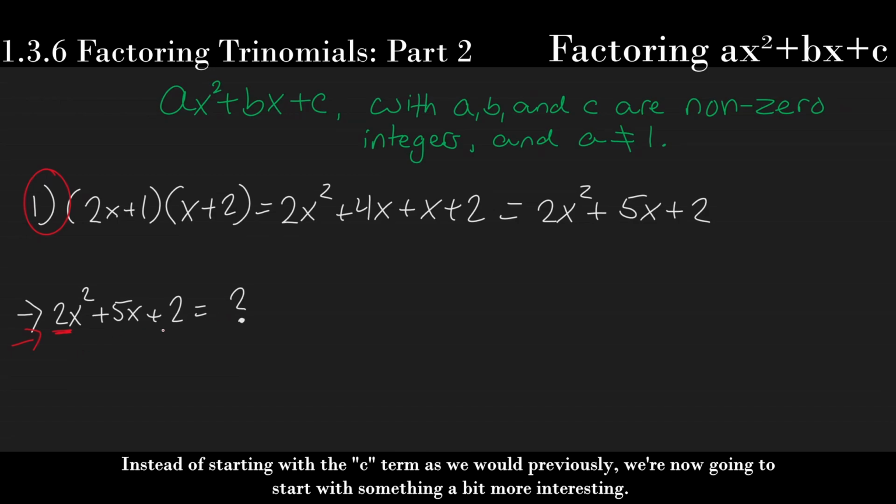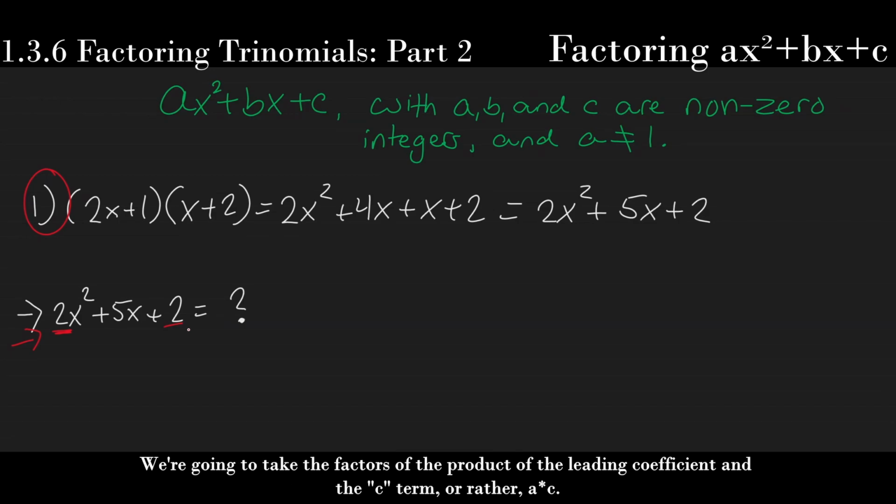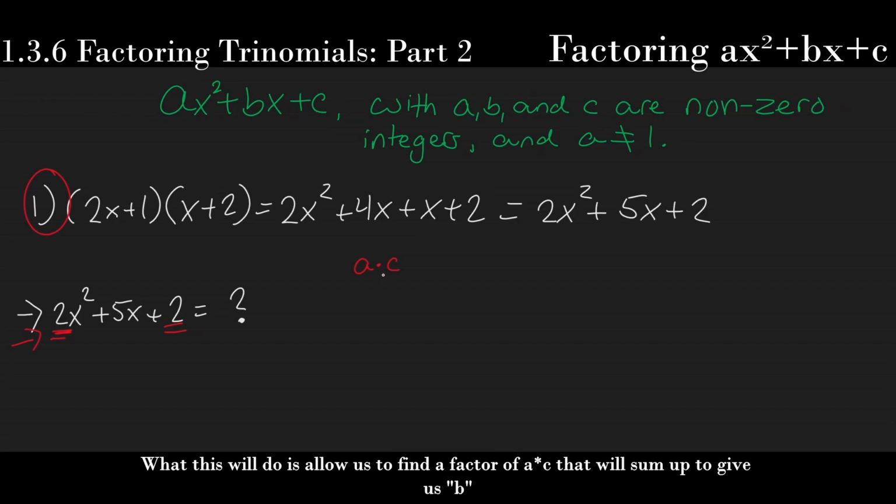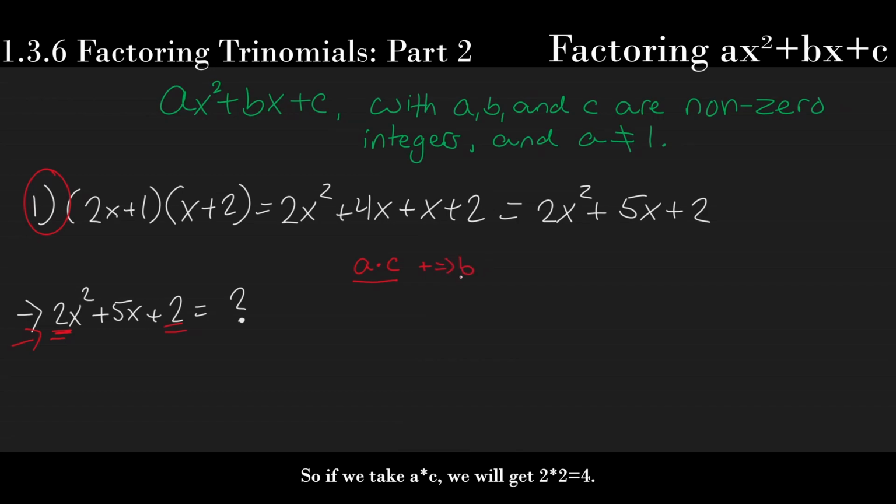Instead of starting with the c term as we would previously, we're now going to start with something a bit more interesting. We are going to take the factors of the product of the leading coefficient and the c term, or rather, a times c. What this will do is allow us to find a factor of a times c that will sum up to give us b. So if we take a times c, we will get 2 times 2, which is equal to